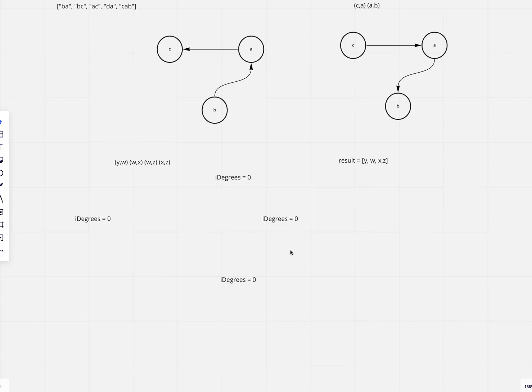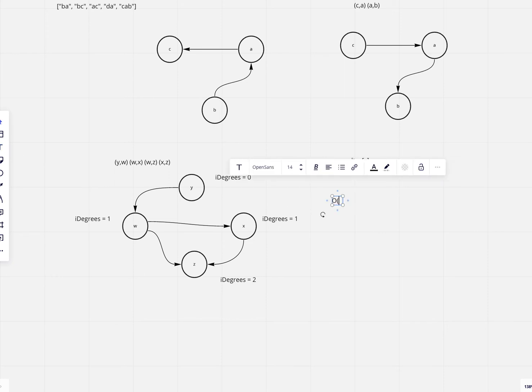So that's pretty much what the algorithm is for this kind of question. So what's the time complexity? So the time complexity is that we visit every vertex and we visit every edge, right? So it's linear based on the number of vertices and edges. So it's V plus E, which we can simplify and say it's the number of vertices. Space complexity,